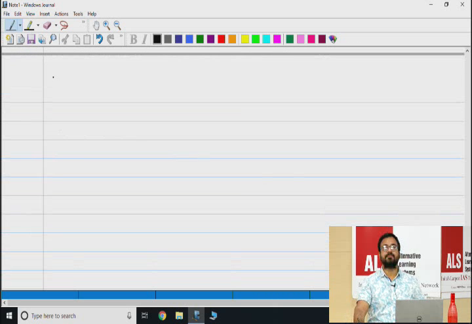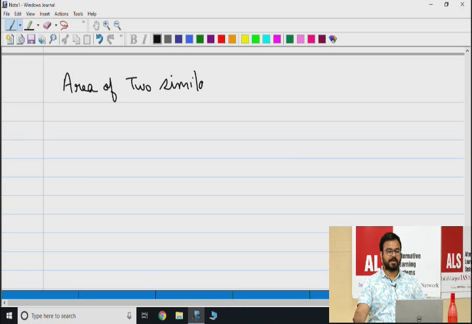Now the next one is the important theorem related with the area, which is area of two similar triangles. So this theorem briefly gives us the idea how the area and the sides of the similar triangles are related to each other. So this is a very important theorem. So write down the statement of the theorem. It says